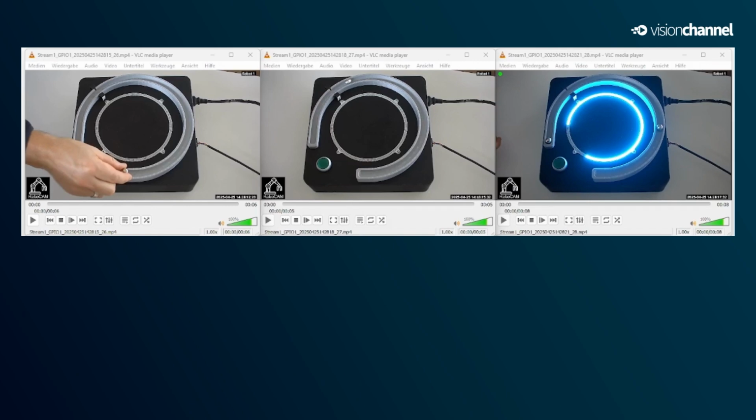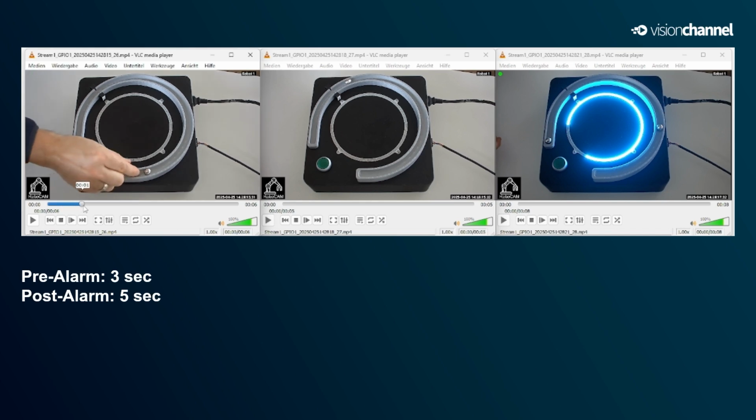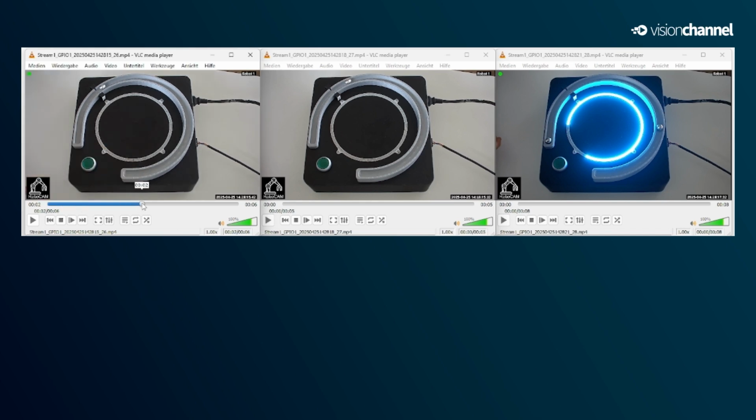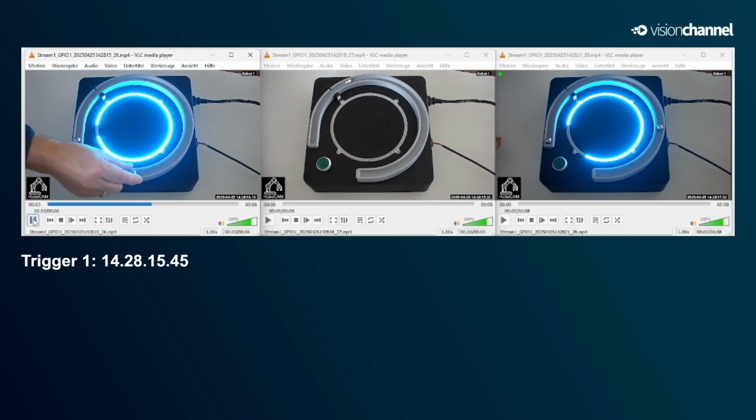I configured a pre-alarm time of 3 seconds and a post-alarm time of 5 seconds for this use case. So recording 1 triggered by the first marble shows 3 seconds pre-alarm before the triggering. The post-alarm time is interrupted by the trigger of marble 2 after 3 seconds, and recording 2 is created.